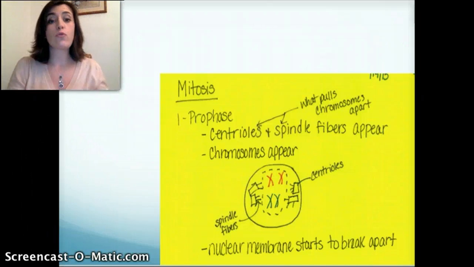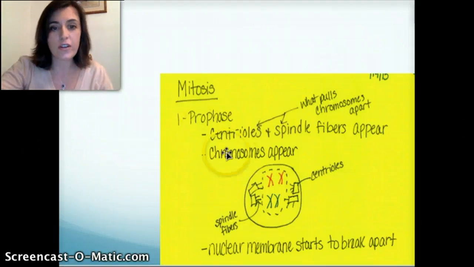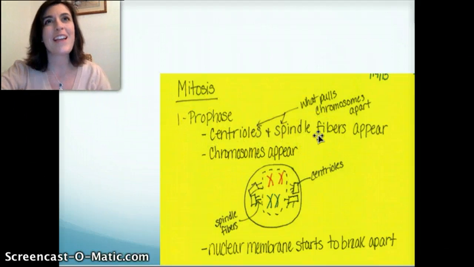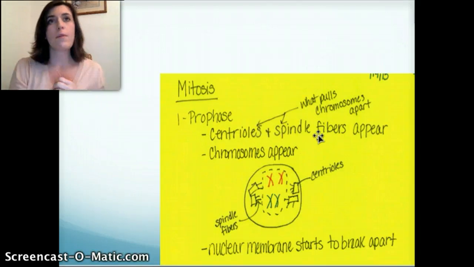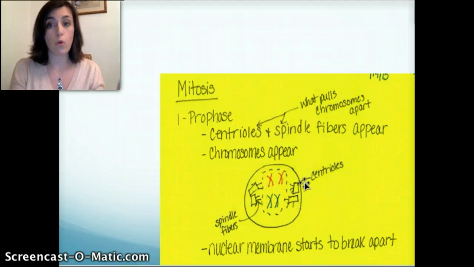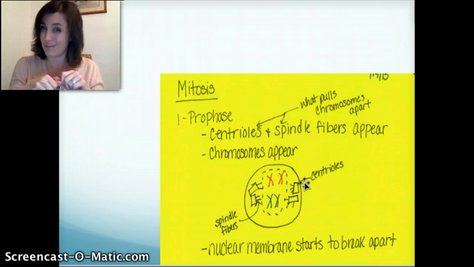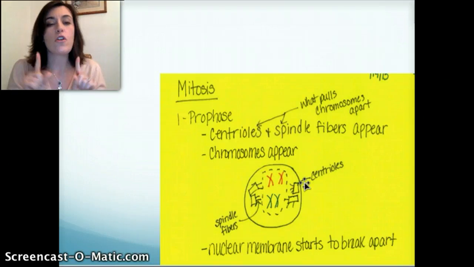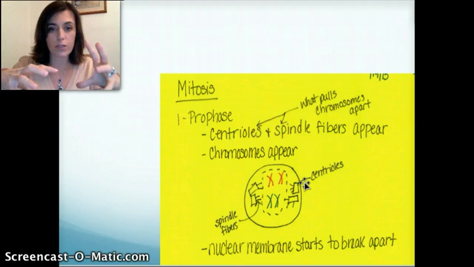That's why they need these really cool things called centrioles and the spindle fibers to come in and help guide them. Remember, like in class, we said that these centrioles are kind of like Spider-Man, and they can go to the edge of the cell. They go to the poles. The centrioles go to the poles of the cell. There you go. Easy way to remember it. Okay. So the centrioles go to the poles and they're going to shoot out those really cool spindle fibers.